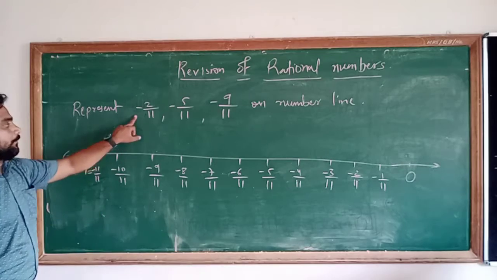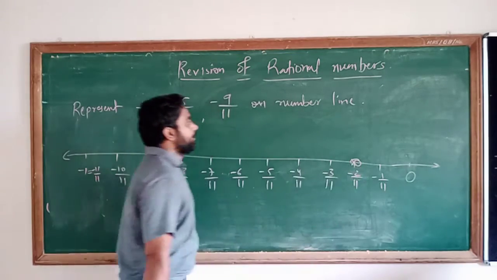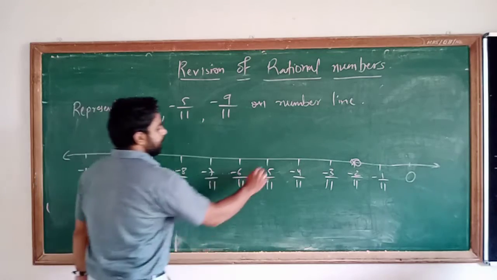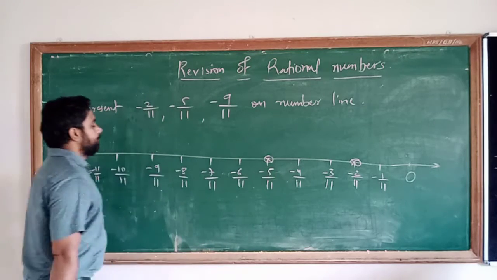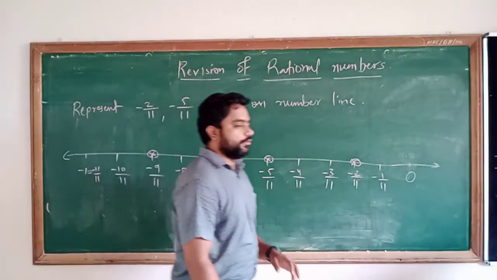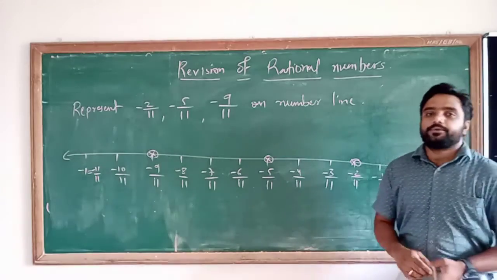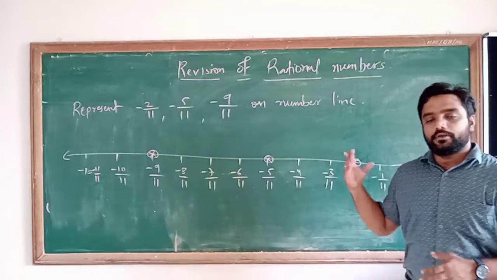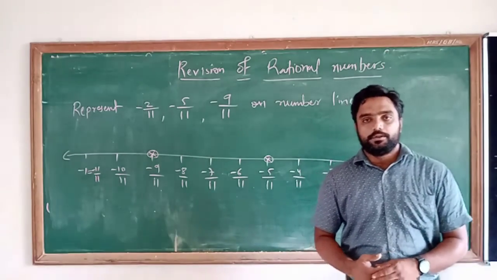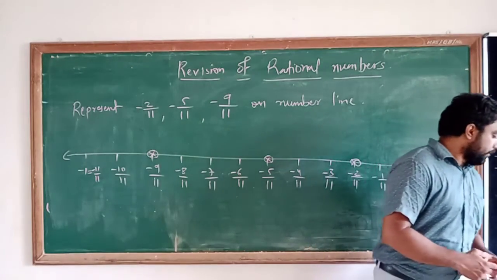Now -2 upon 11, that is this. Another one, -5 upon 11, then -9 upon 11. Understand? So you can show a rational number in this way. I already explained how you can represent a rational number on a number line. So that is the actual method to represent it. Now furthermore,